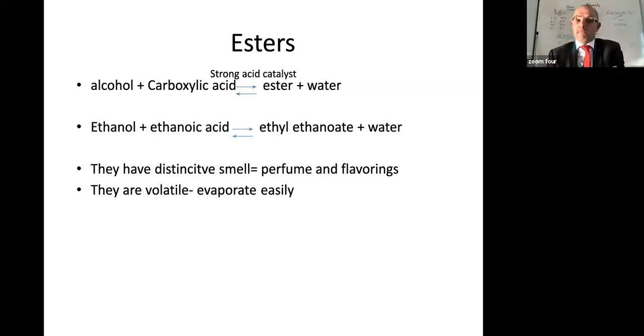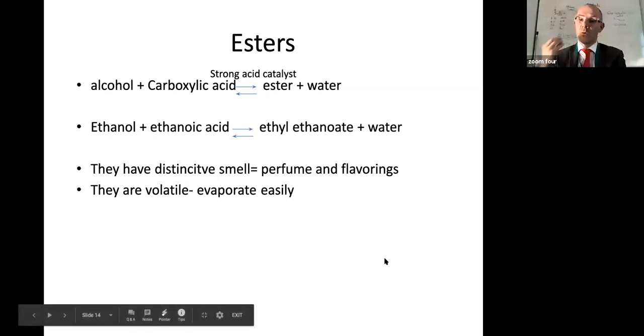And those of you who were there when we were learning about plant hormones, ethylene, which is a type of ester, is the really strong smell of bananas that you get. So that is an ester, and that's that really strong banana-y smell. They're very volatile. They evaporate easily. That also makes them really good solvents for things like perfumes, because what you want is the scent to be left and the solvent to go. So they are really, really useful